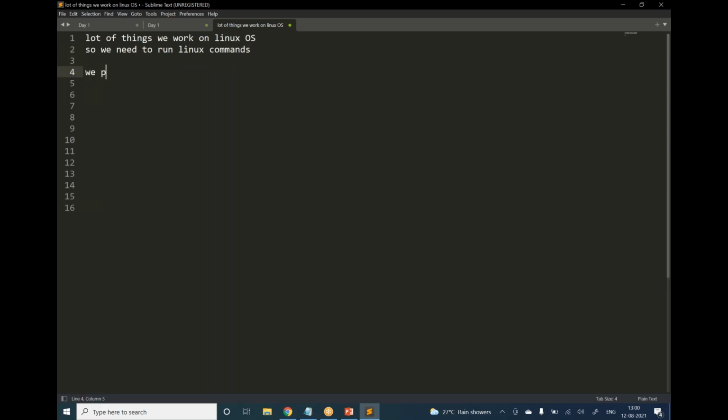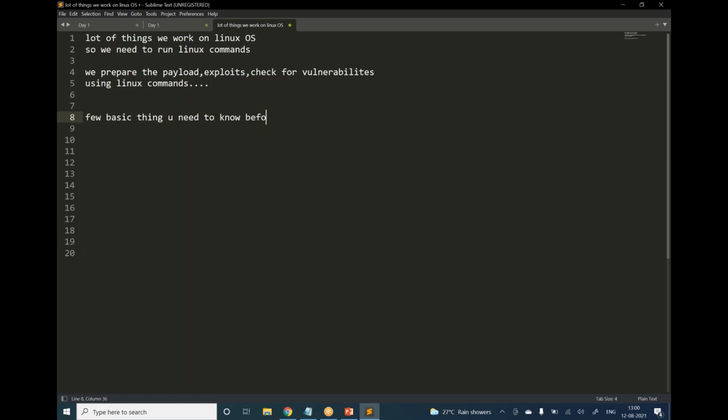We prepare payloads, exploits, and check for vulnerabilities using Linux commands. So today I'm going to explain a few basic things you need to know before we start